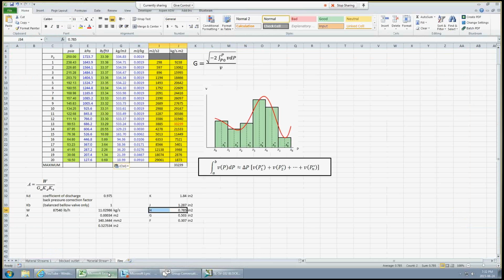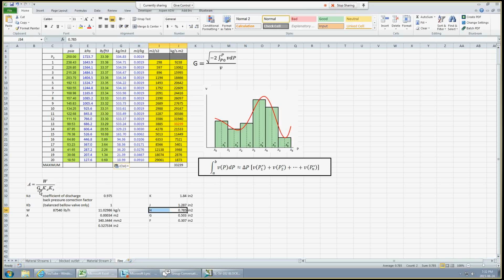Hi, in this video I'm going to explain how we can do a two-phase PSV calculation and size the PSV. In order to size the PSV, we need to define the area, and area is mass flow rate divided by maximum flux times KD times KB. KD and KB are just coefficients and we can select appropriate values for those, but we need to define maximum